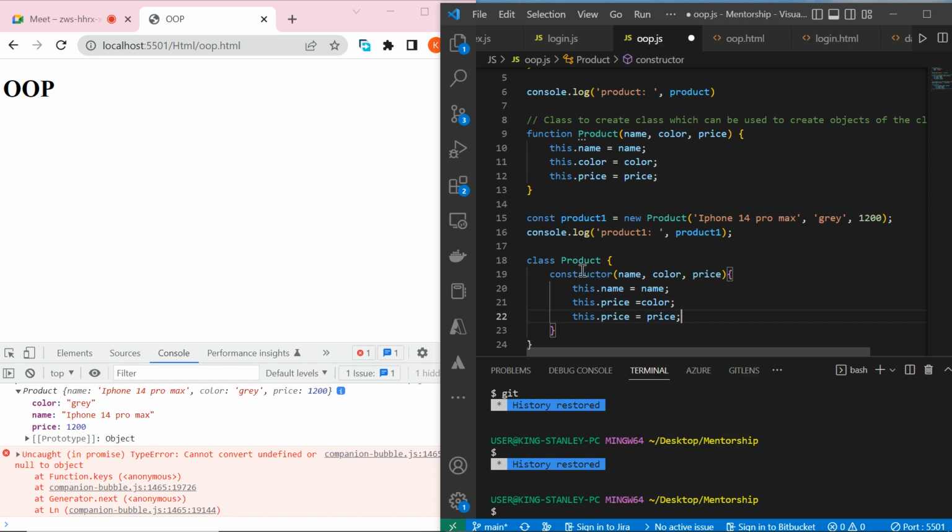But now, when you are creating this product, if you want this product to have the values you pass from the constructor, it means the constructor must be called with the properties you are expecting here. If any one of them you didn't add here when you are calling the product constructor, the property will not be undefined, it will not be created in the product. So if we come here now